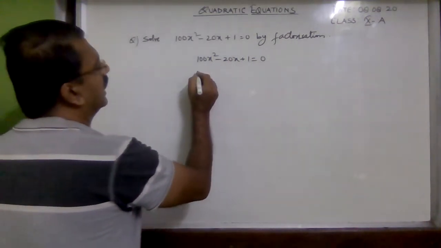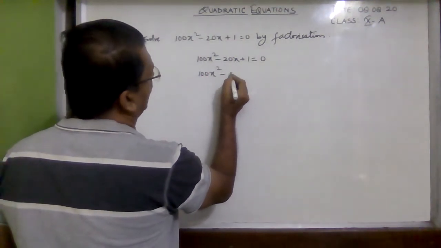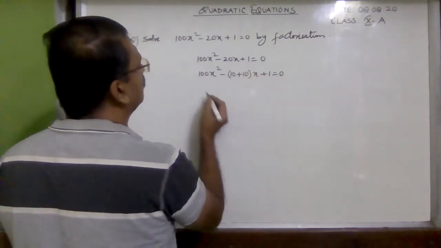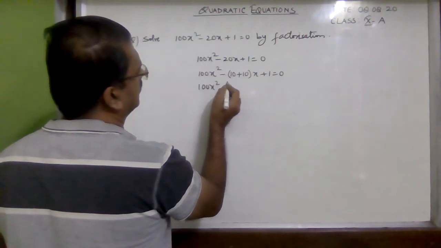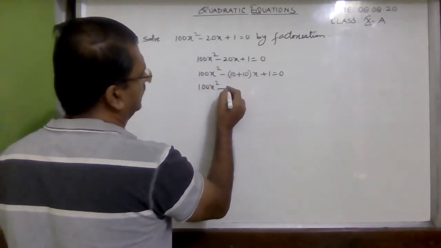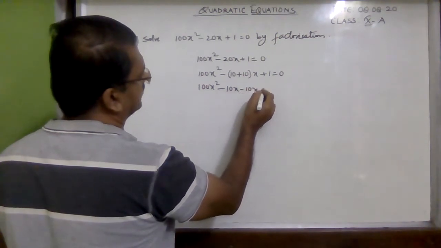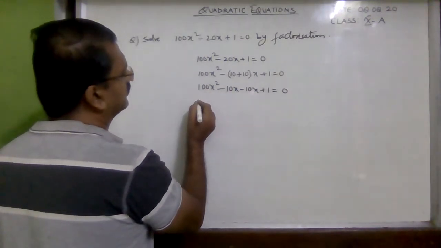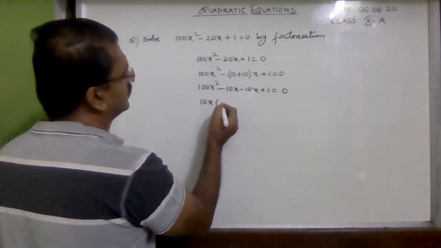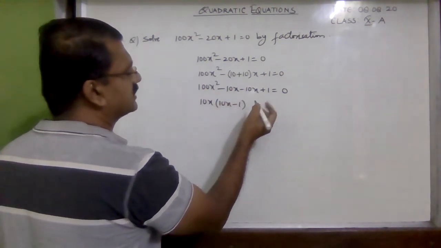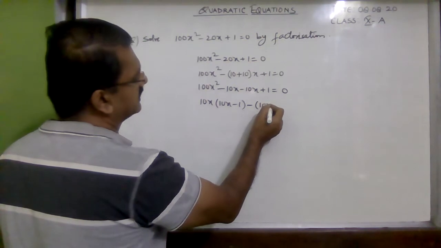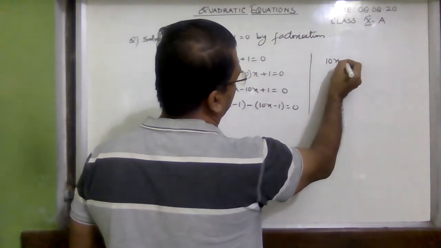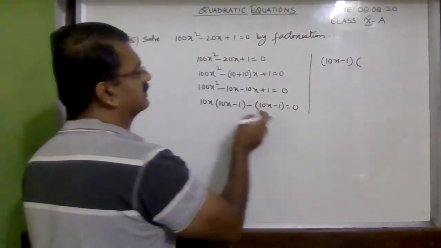So you write down 100x square minus, in place of 20 you write down 10 plus 10 into x plus 1 is equal to 0. Now 100x square minus, if you open the bracket, minus 10x minus 10x plus 1 is equal to 0. Now from the first two terms you take 10x common, so you will have 10x minus 1. From the next two terms you simply take minus sign common, so it is 10x minus 1 again. Now 10x minus 1 can be taken as common, so if you take 10x minus 1 common, then in the other bracket you will have 10x minus 1 only